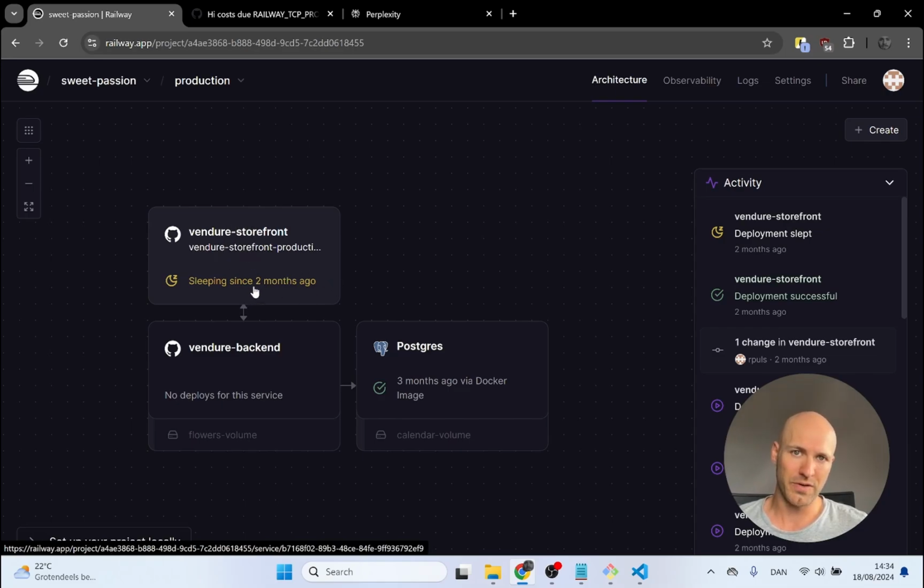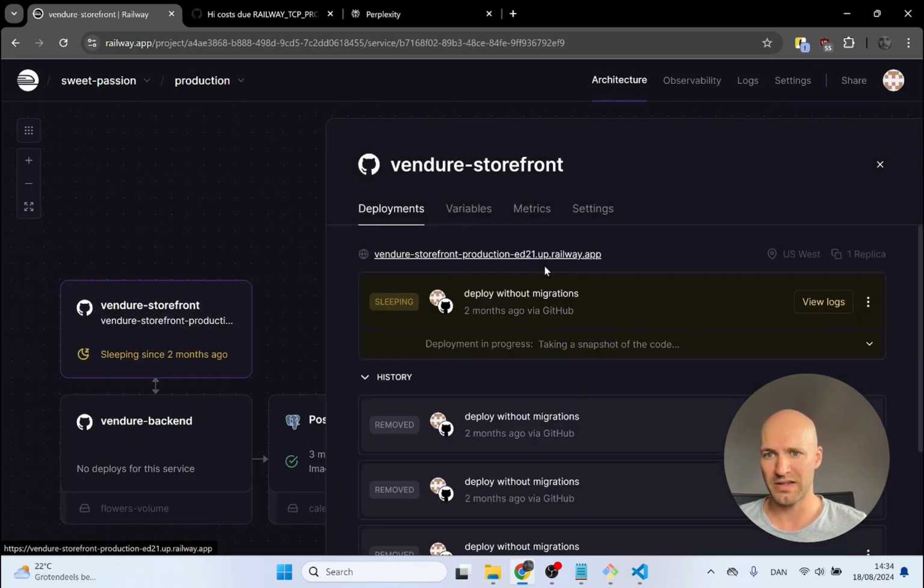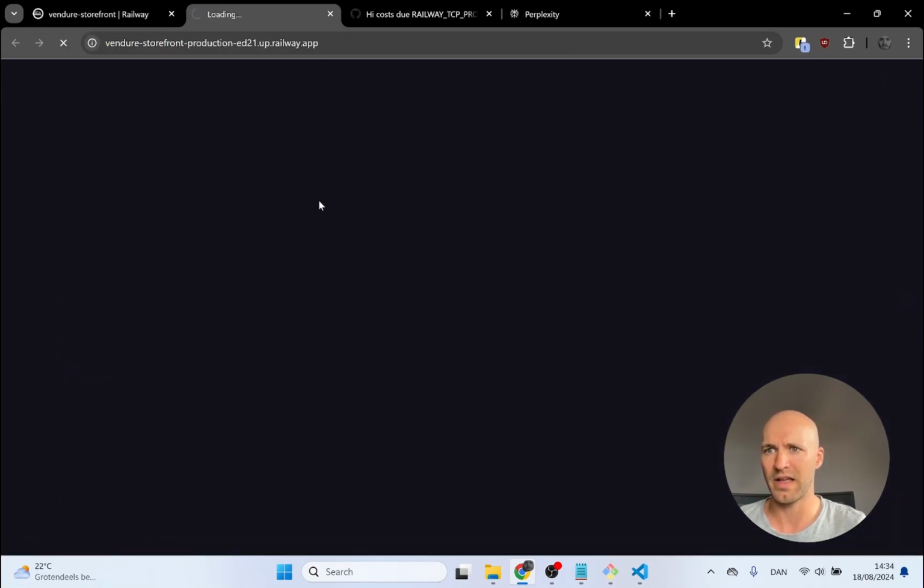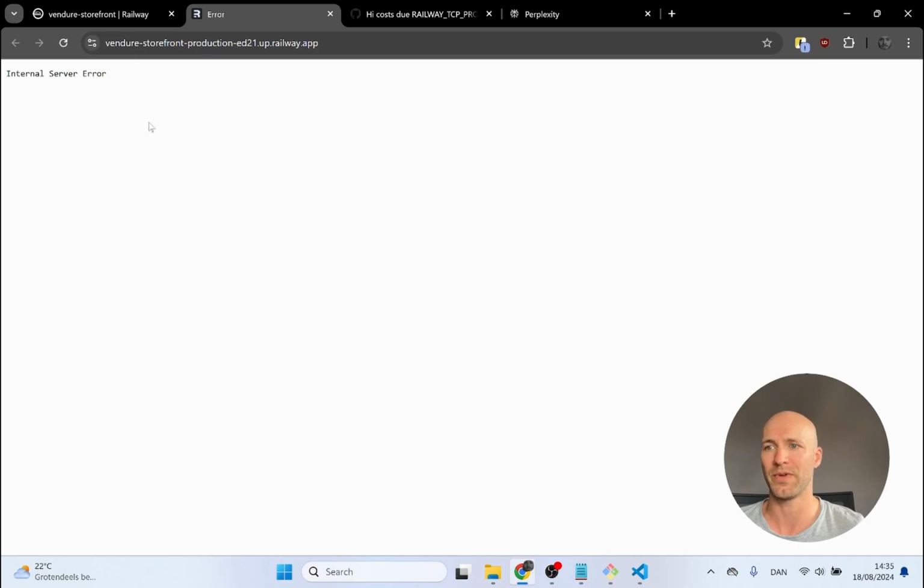If you put it to sleep mode but a user needs to access it anyway, this is still possible. I'll show you what that looks like. So I click on the URL, and then they're stuck with a loading screen. When they start entering your website, Railway is spinning up a virtual machine to host your app, and that took about half a minute, and then gets the server internal error,